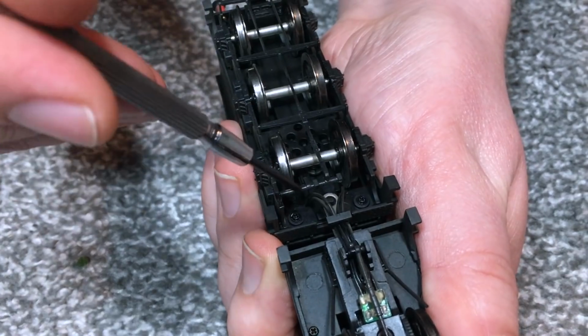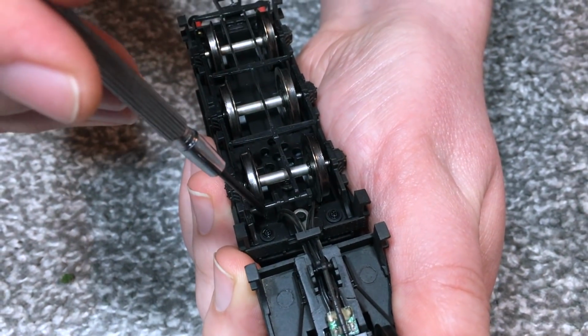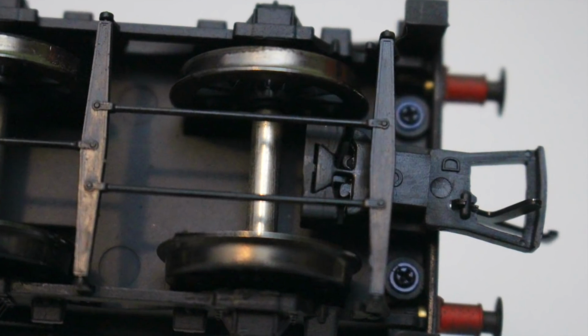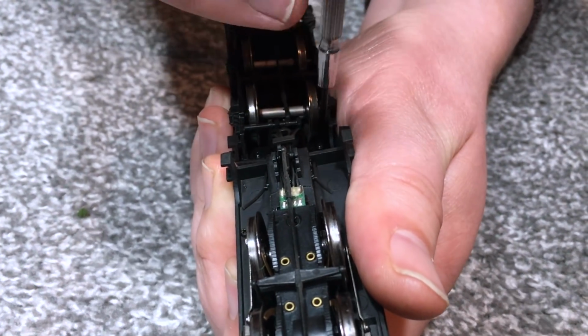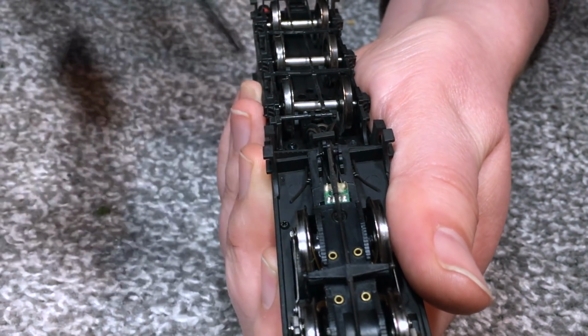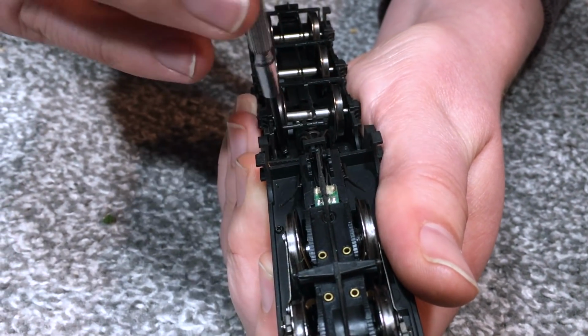There are 4 screws to undo, and these are actually quite tiny, so do be careful not to round the tops. We've got a screw there, and then the same at the back, just out of the way either side of the coupler. So I'm going to go ahead and just very carefully get those loosened up. And again, as they come out, I'm just going to put them somewhere safe so that the carpet gods don't